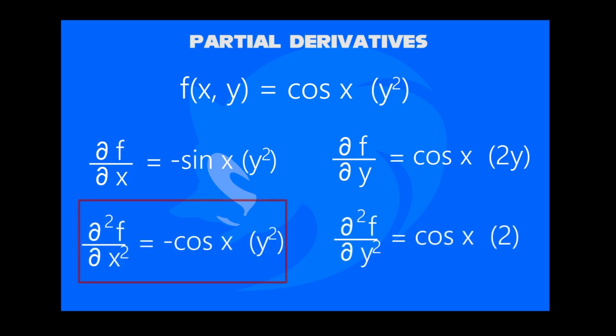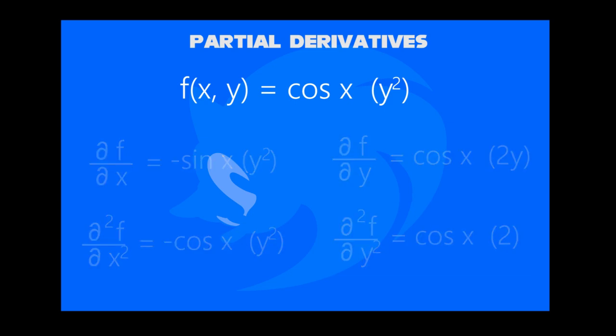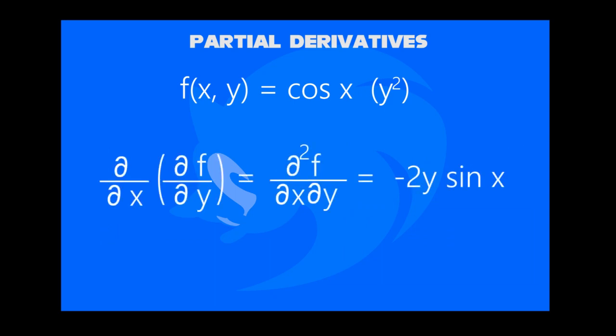Second derivative of x, that would be minus cosine x and y squared. And for y on the other hand it is cosine x and 2. Now, as well as finding both derivatives of x and y, we get minus 2y times sine x. This was a part of the product rule. Similarly, you can find it out by using the quotient rule. This is just the basics of